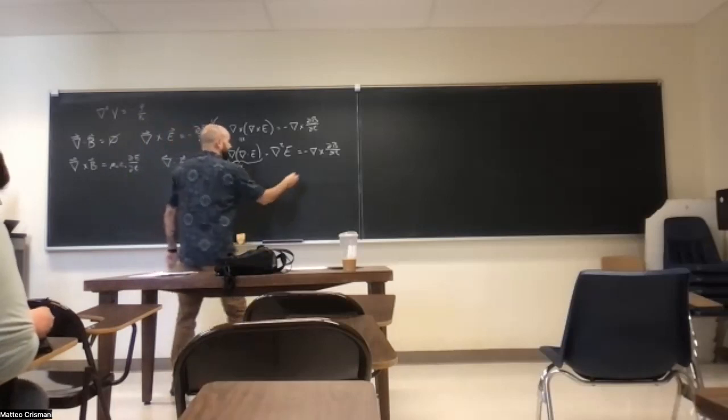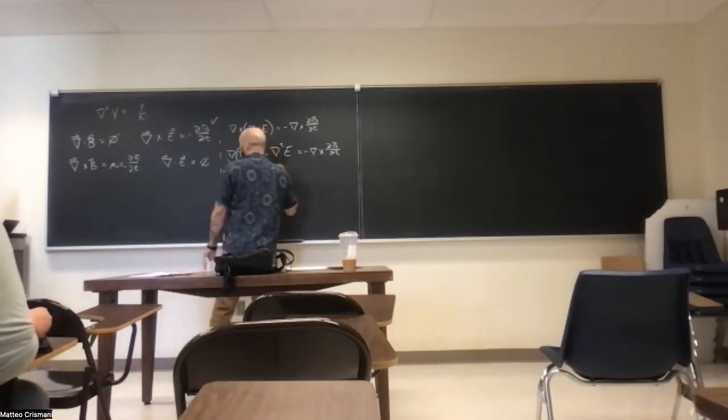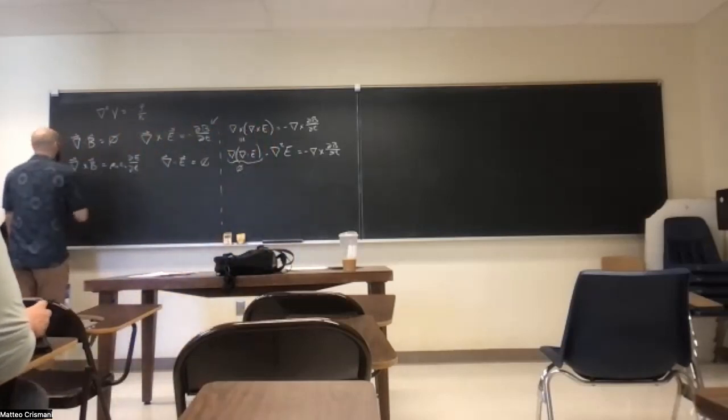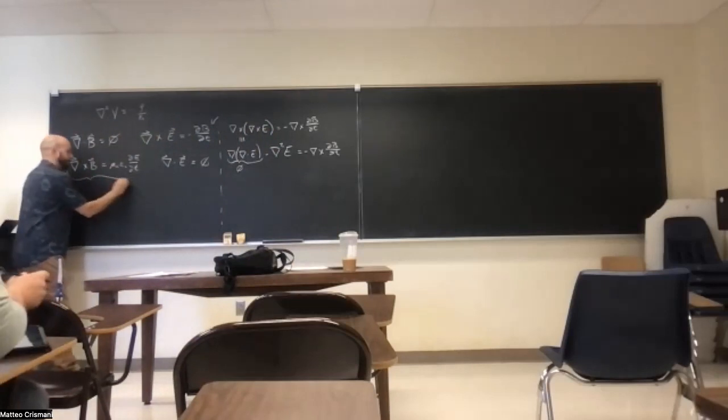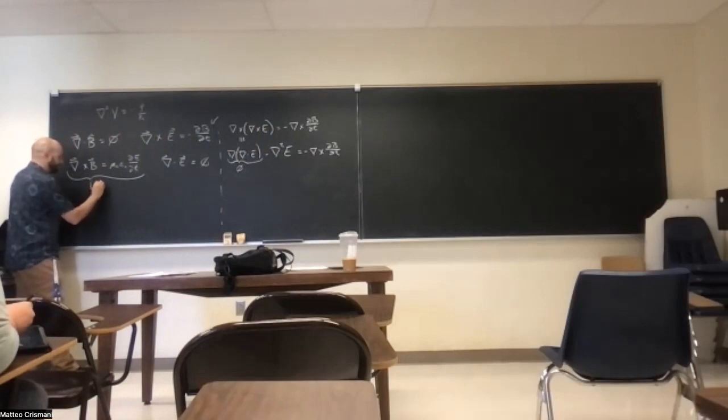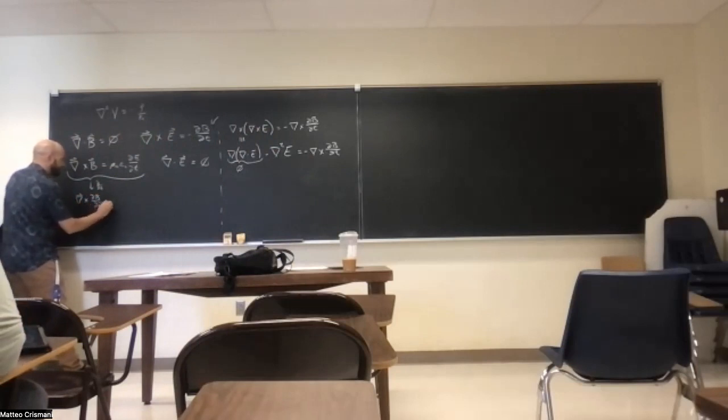Yeah, so in fact, I can do this, right? Maybe I'll do it over here so you can see it. Let's say I do it on this side. Let's do the d/dt's everywhere. Let's hit this with d/dt. So then this would be del cross dB/dt equals mu naught epsilon naught